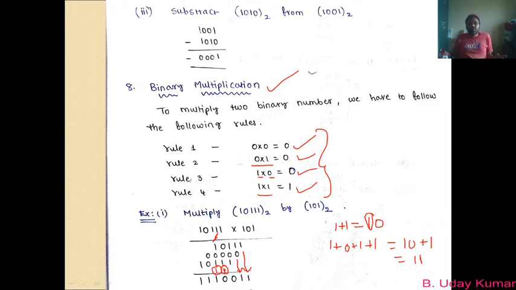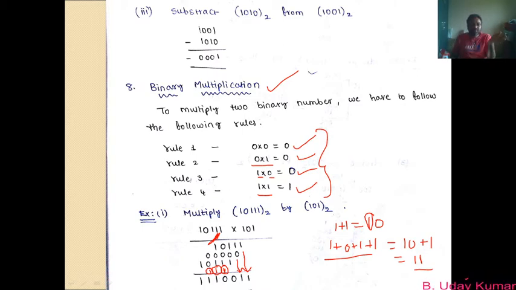Anyway, 1 plus 1 plus 1 will be equal to 11, so that you have tried to understand. Now coming to this fourth column, where we were adding 1 plus 1 plus 1. When you add these 3, you get 11, right? Where 1 goes to the higher order column, which acts as carry, and the other one is written right below